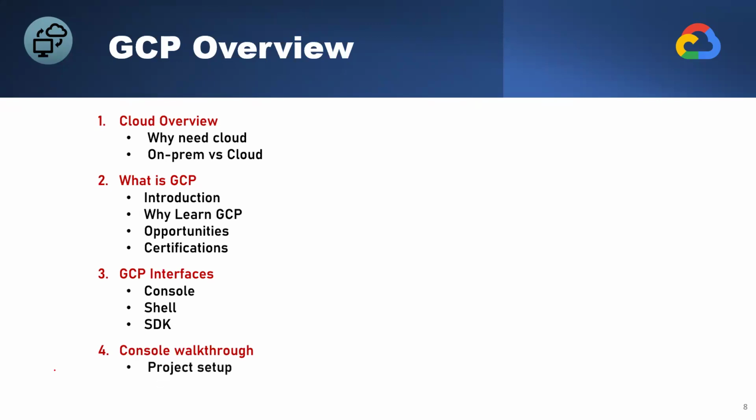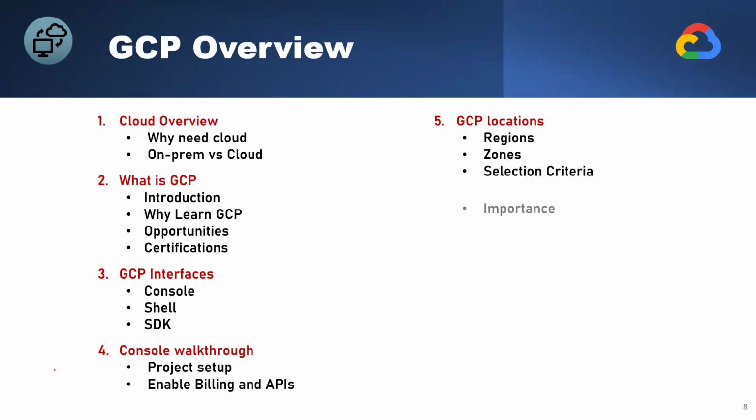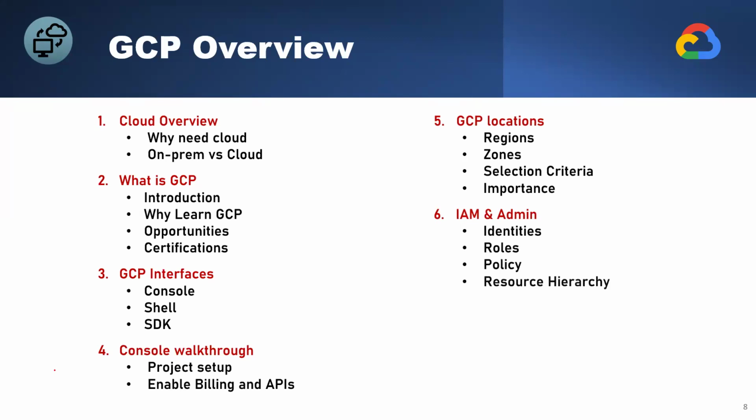The project setup. In a console walkthrough, I will tell you how the Google Cloud Platform console looks, what features are there, and if I want to go to project setup or do some other setup, how you do that. Then how you can enable the APIs and billing. In GCP locations, we are going to talk about regions, zones, selection criteria, importance, admin,